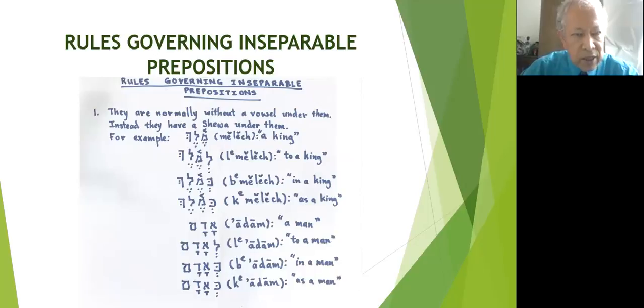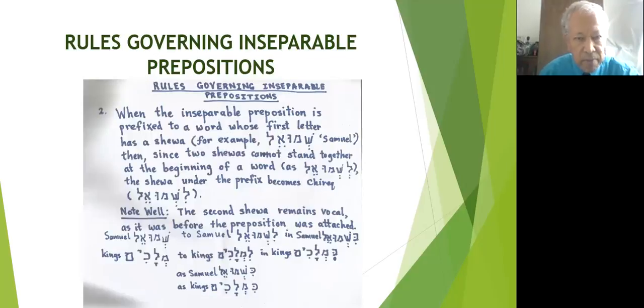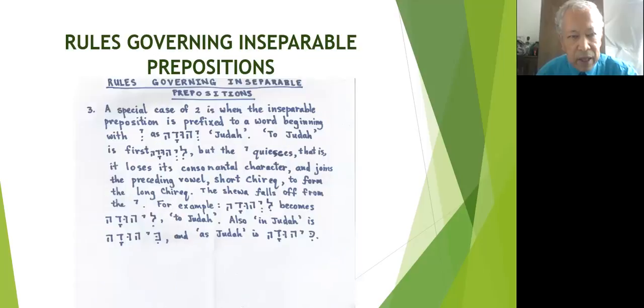So we have seen that the rules governing inseparable prepositions, they're normally without a vowel under them. Instead, they have a shewa under them. Number 2, when the inseparable preposition is prefixed to a word whose first letter has a shewa, since two shewas cannot stand together at the beginning of a word, the shewa under the prefix becomes a short hireq. And we have seen a special case of number 2, that when you have